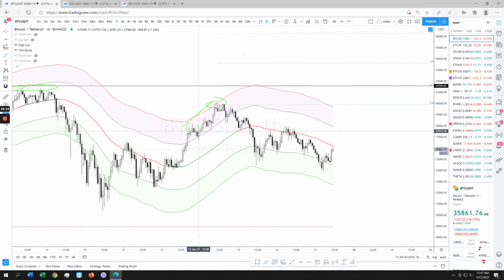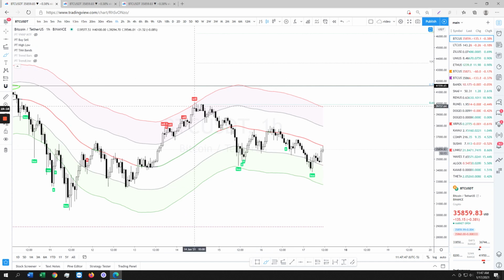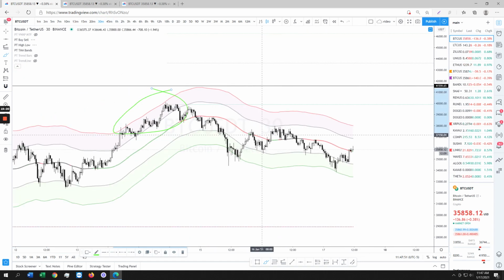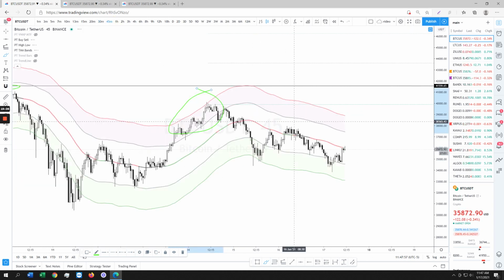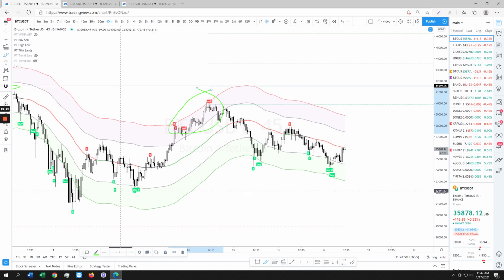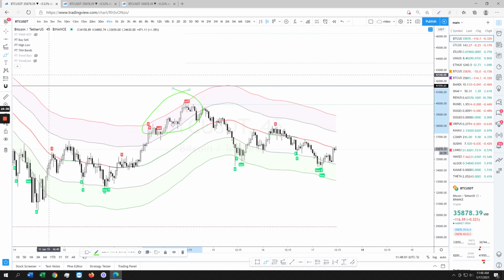Let me see if there's any. I'm pretty sure you got a signal too. Hold on. Let me see. Either that. Yeah. You got your signal too. Yeah. 45 minutes should be on the money with that because it's a range. Yeah. You got your signal up here. All right. Cool. Oh, that's a 30 minute. 45 minute. Yeah. There you go. Yeah. I play the 45 minute a lot when we're ranging. Only reason why I do that is because it gives me 3 50-minute candles.